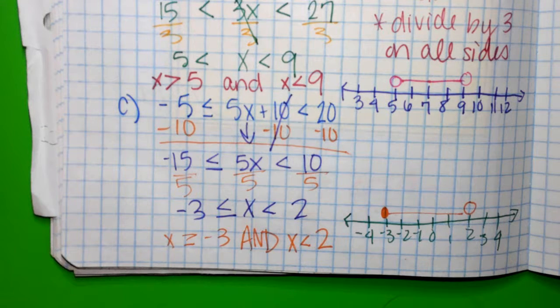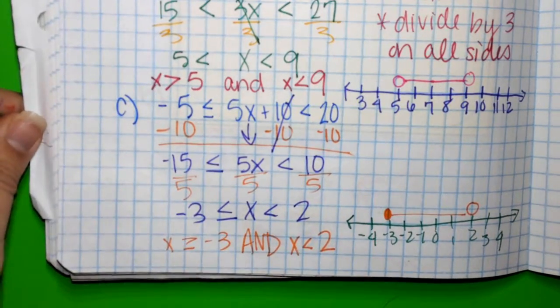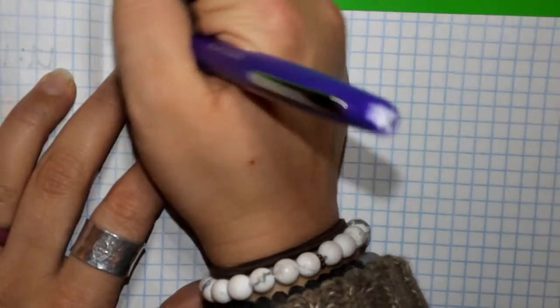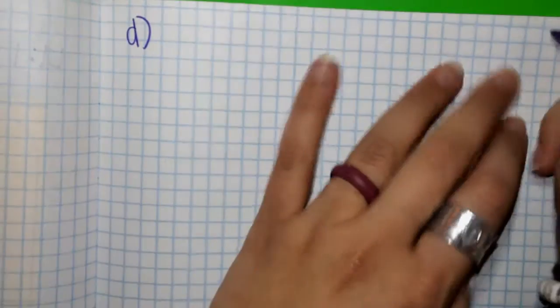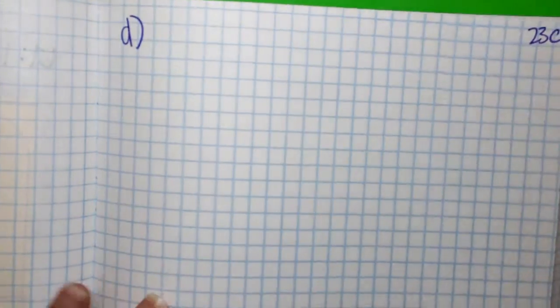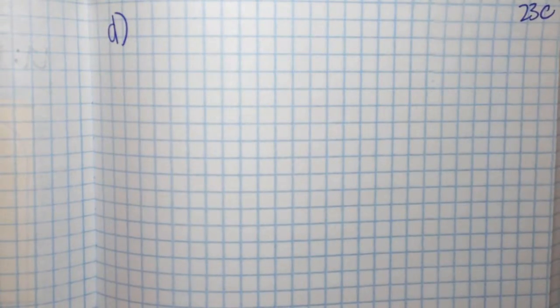Homework tonight, then you may go. Homework, homework, homework. I love homework. Alright, you're going to have two problems. I want you to solve and graph. This is 23C. Our first one says,